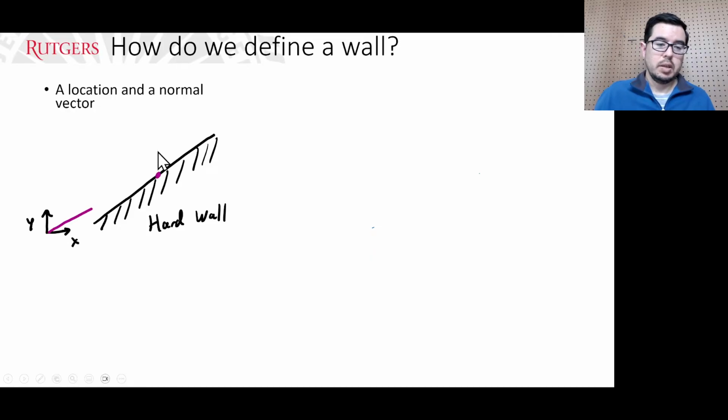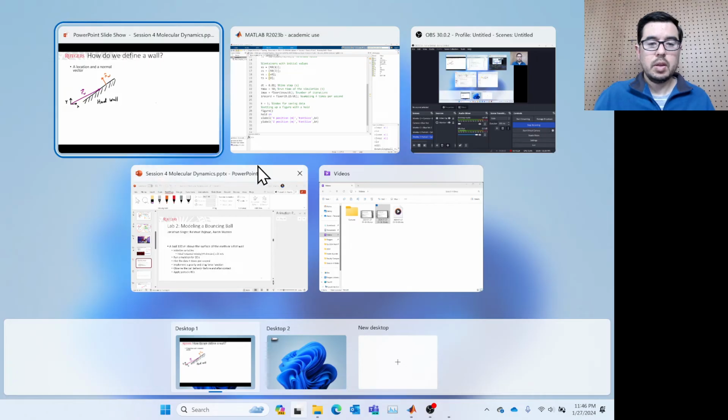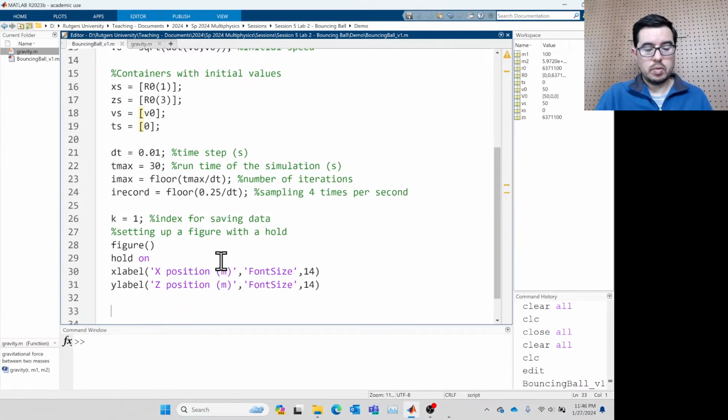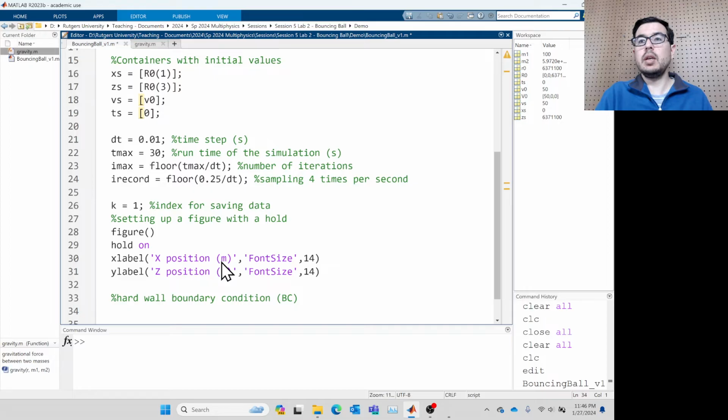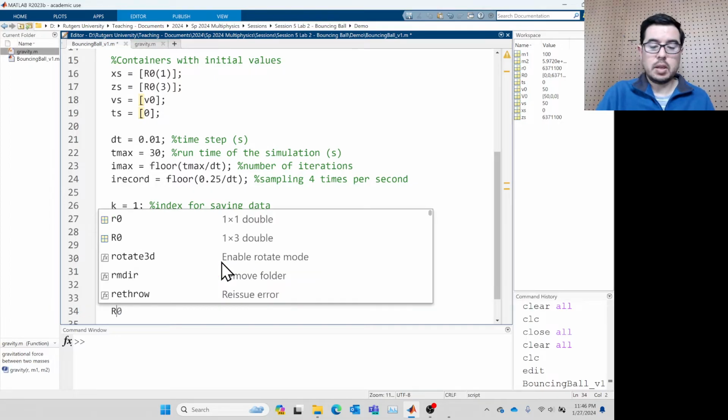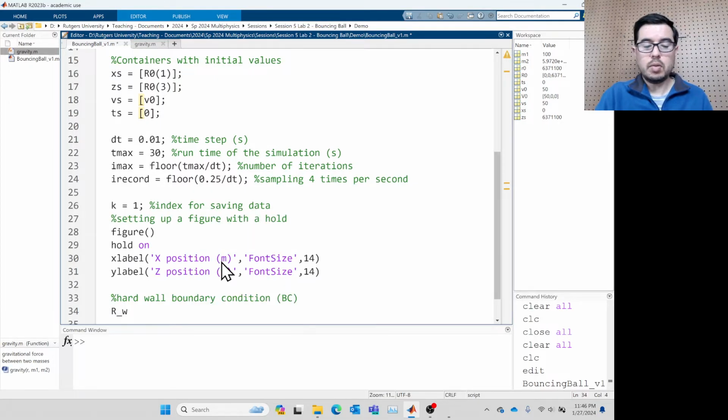So we have an RW, we'll call it, and we have a vector normal to that wall. So for this, we'll say hard wall boundary condition, and we are going to say that its location with respect to the Cartesian coordinate system, which we're using, is going to be